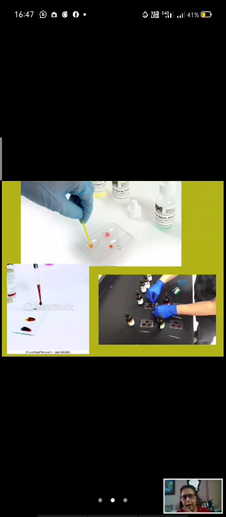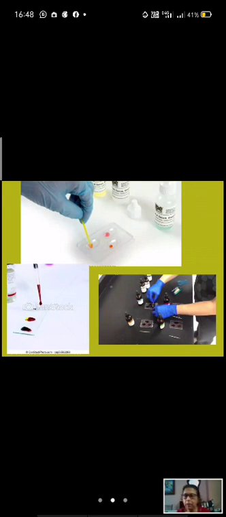Now with the help of an applicator or a dropper, you have to take that cell suspension and add it to each of these antisera, with A, with B, and with D also. And use 3 different applicators, not a single applicator, because there will be contamination. If the blood contains antigen A and you are mixing it with an applicator already containing B antisera, it will give a false result. So you have to use 3 separate applicators to mix them well.